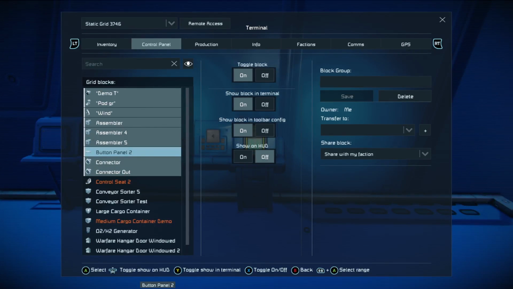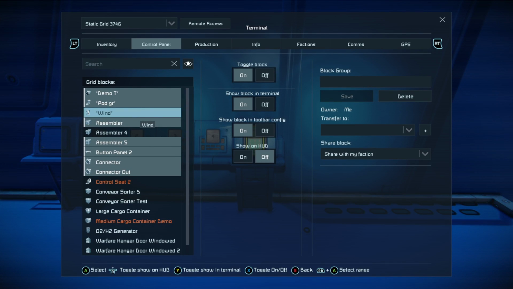If we wanted to take out assembler 4 from that list, again, hold the right bumper down, tap A, and we are good. Same with wind, right bumper, tap A.